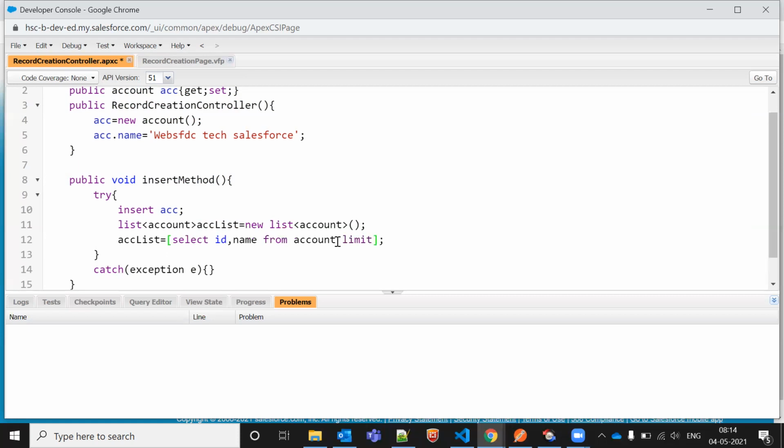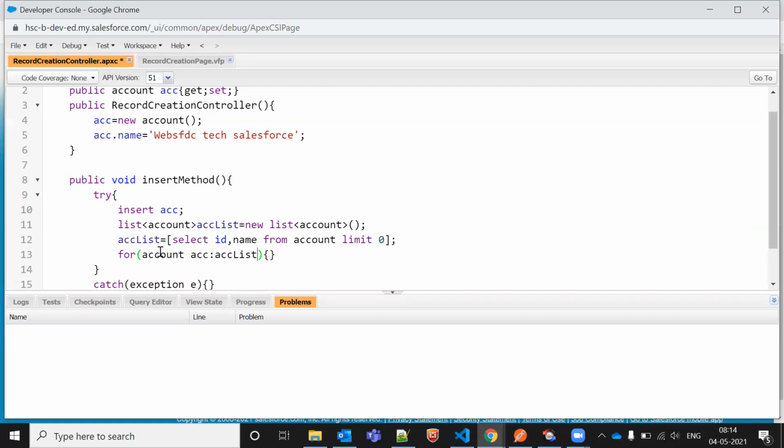I can do limit 0. Okay, after that, what I'm trying to do here, it will not return anything, right? There might be some null pointer exception or something else. So I'll do one thing, count